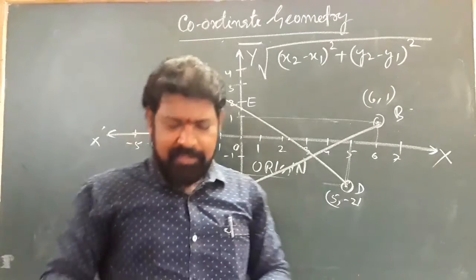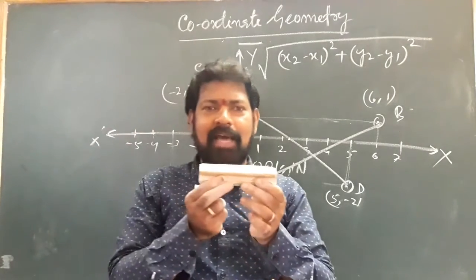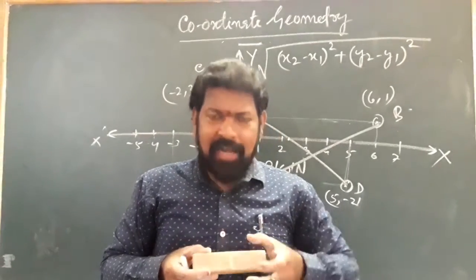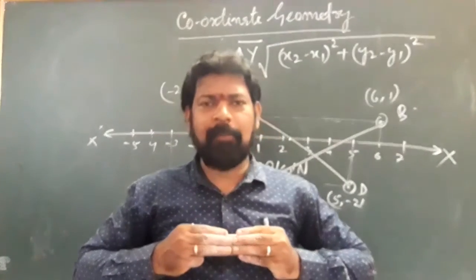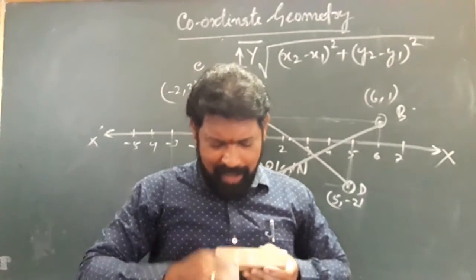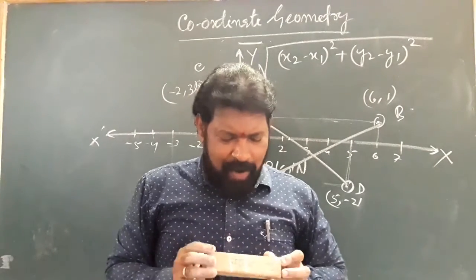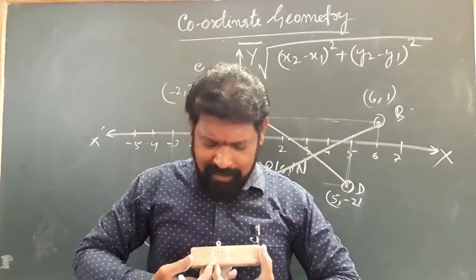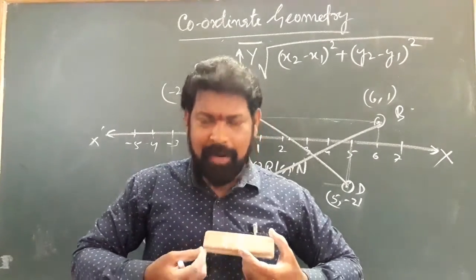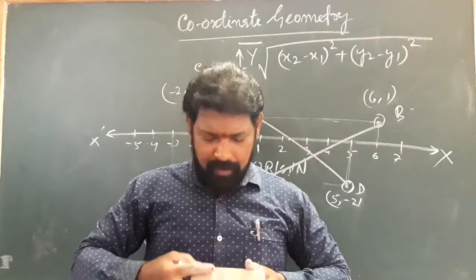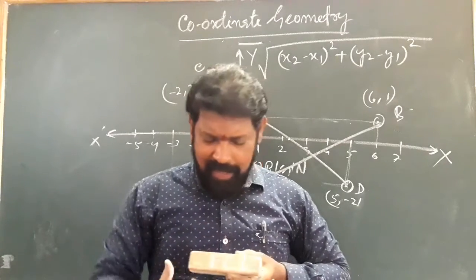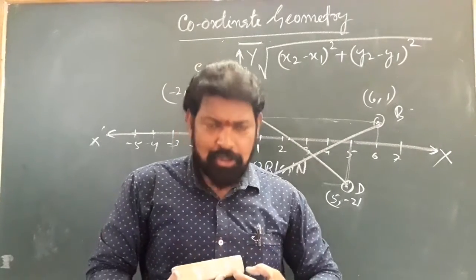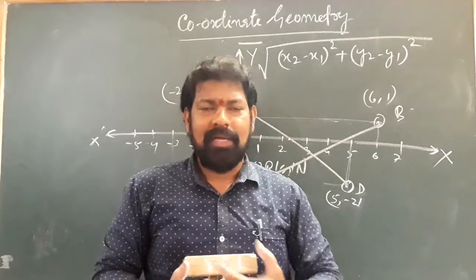I mean to say, for example, this is a duster. If I choose a point here, then this particular line is dividing the total line 50-50. And suppose one line is here, then it is dividing the entire duster into, say, 2 parts this side and 8 parts that side, a 2:8 ratio. Or somewhere here, this is 8 parts and this is 2 parts, 8:2 or 4:1 ratio, like this.